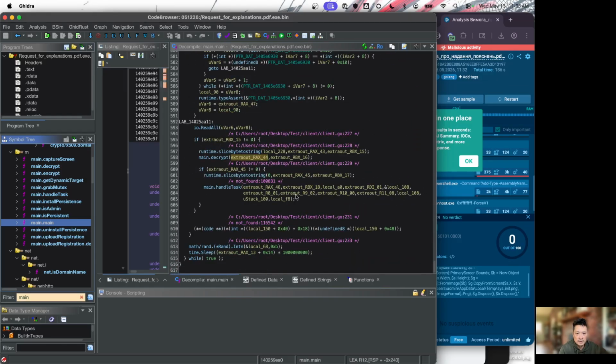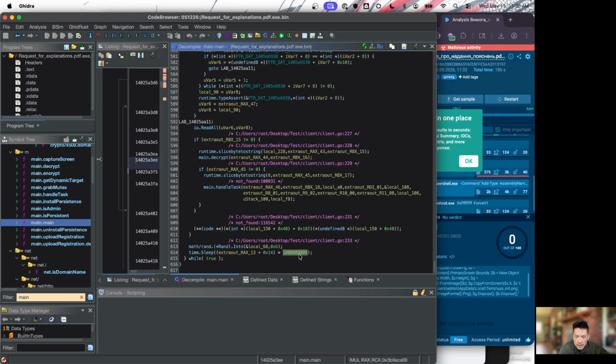So we've seen they are also doing the sleep for a pretty long time as well. How many milliseconds is this? Yes, so fairly long. And once they read it, they decrypt the payload,